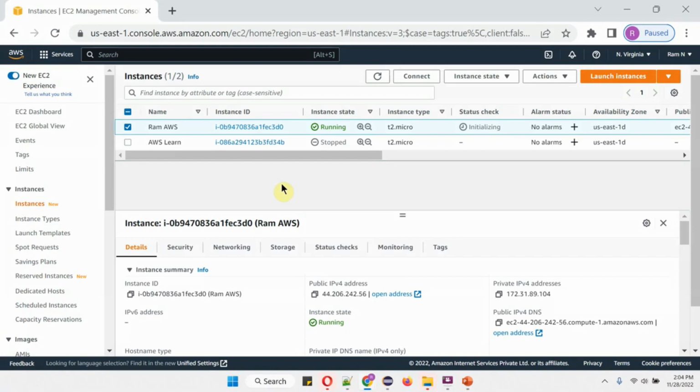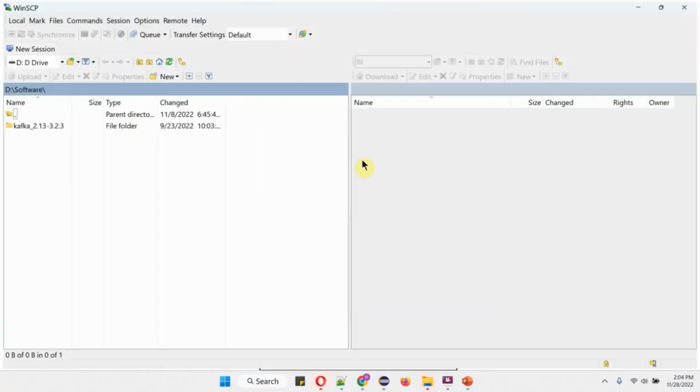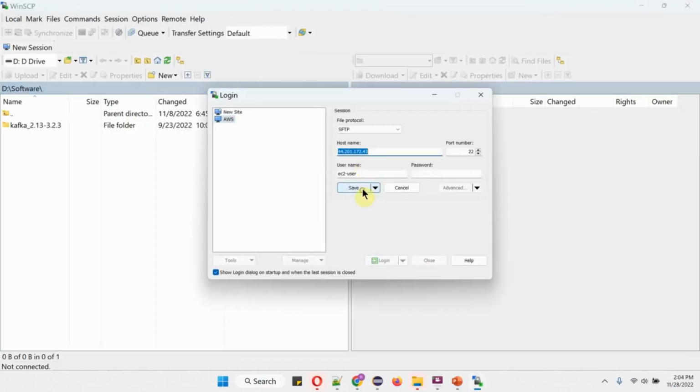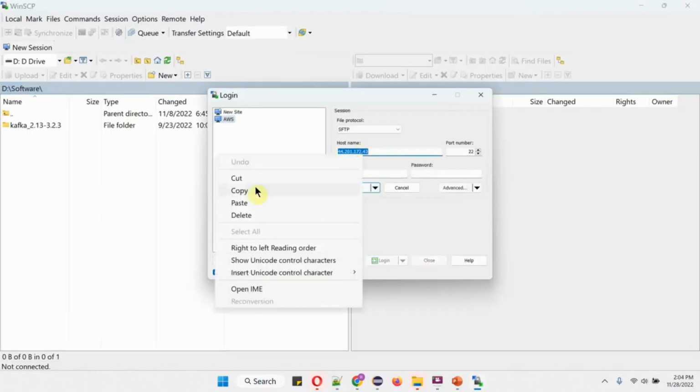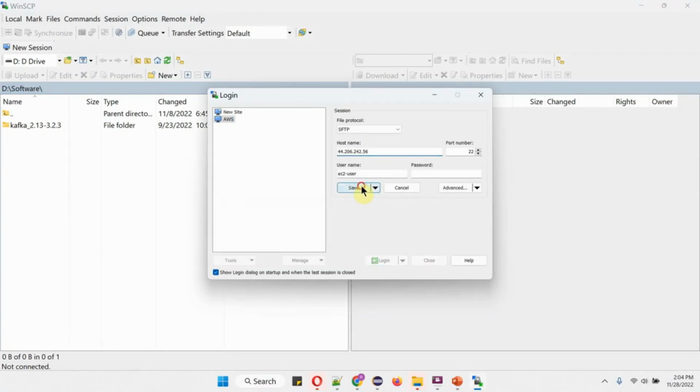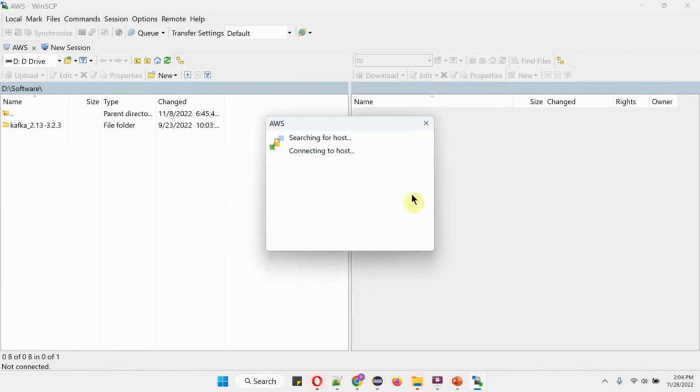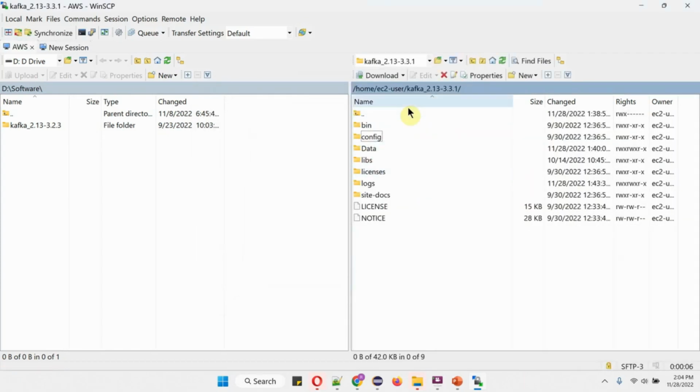Here you can see the Amazon AWS console, and here you can see the EC2 instance is running. Copy this IPv4 address, open WinSCP, click on edit, paste the IP address, save the changes, then click on login. Inside